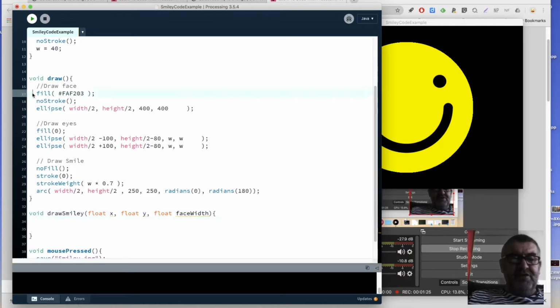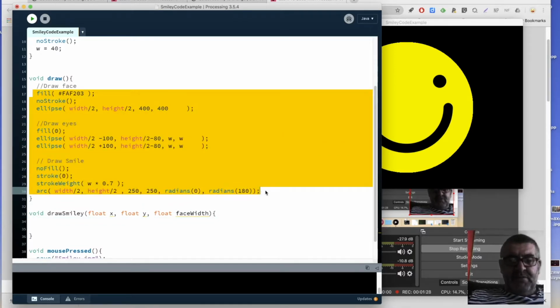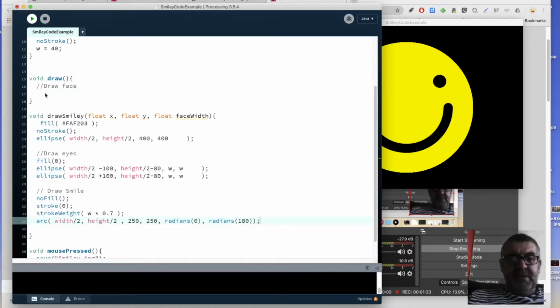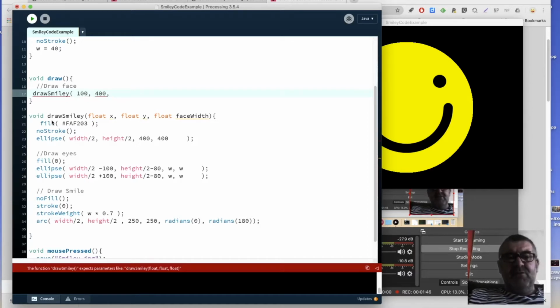So we're going to take all this code here and cut it out of there, put it into here, and draw smiley. So let's say we wanted it to draw it at position 100, and then near the bottom, let's say 400. And then instead of having it very wide, let's say we wanted it to be quite small. So let's say 100. So what this will do, this command here, draw, will get called all the time, and draw smiley,